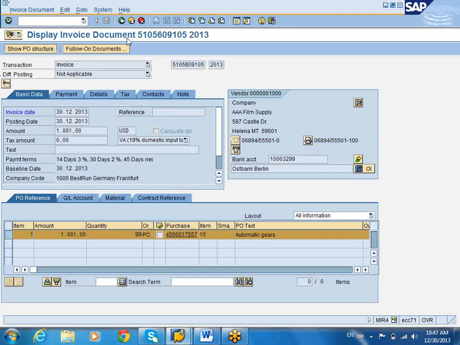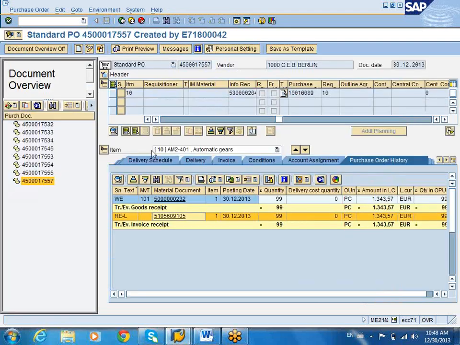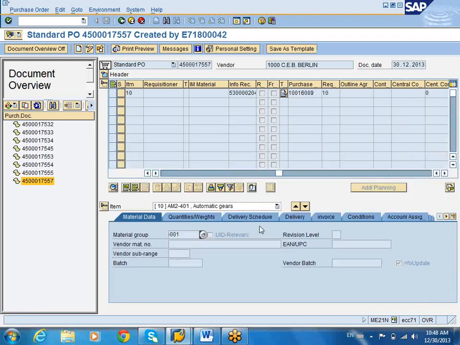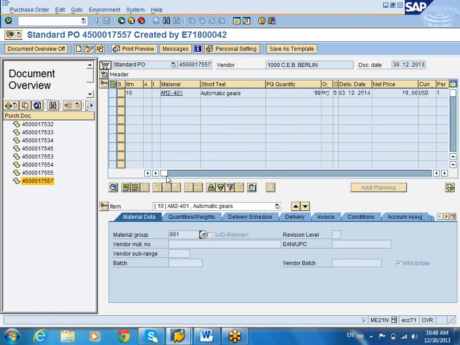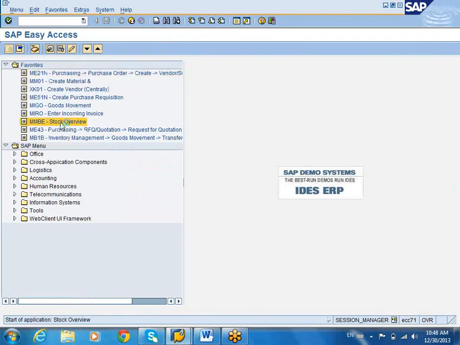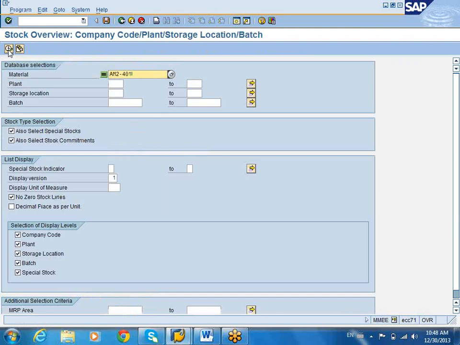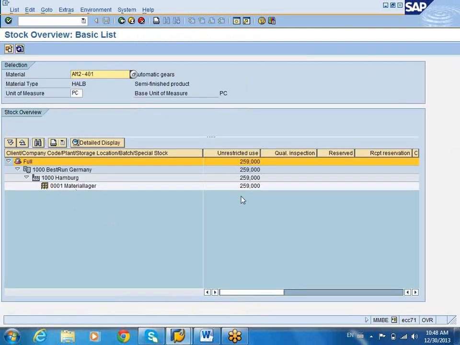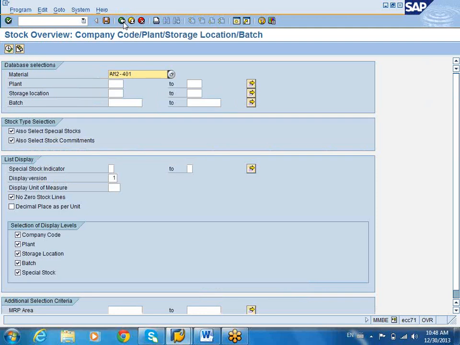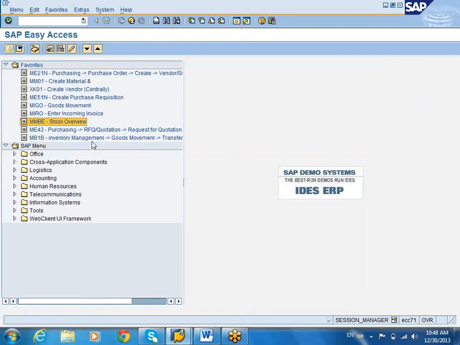Okay, and now I can also look at the stock for that particular material. If I go back to the mass material data, I'm just going to copy the material, go out, go to stock overview, and type in the material. Okay, now I see 259 for plant 1000. I only have the material for plant 1000, company code 1000, so it's going to show the total quantity of 259 pieces. What I'm going to do now is consume 100 pieces by doing a transfer posting,